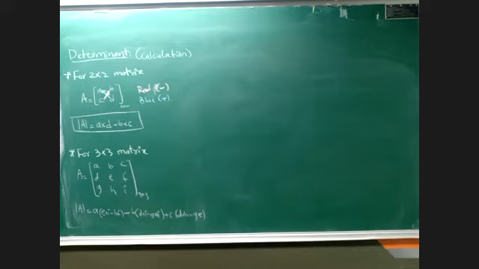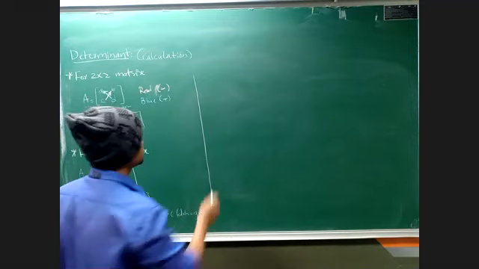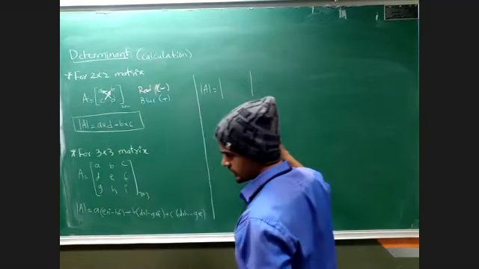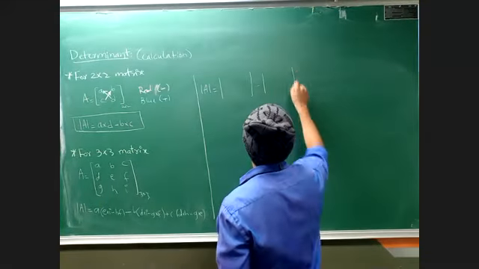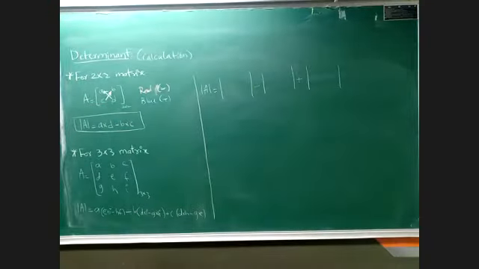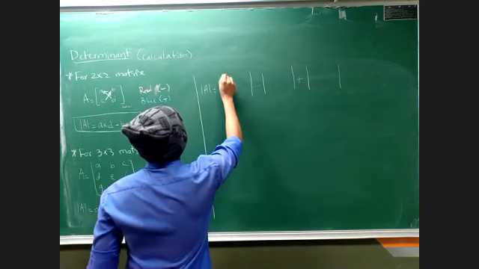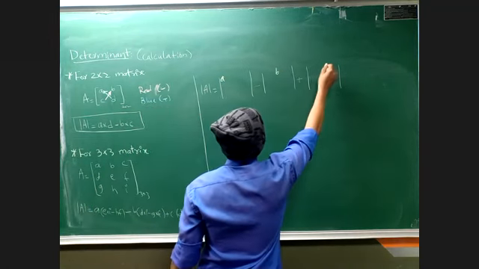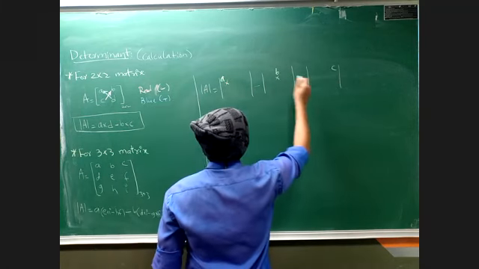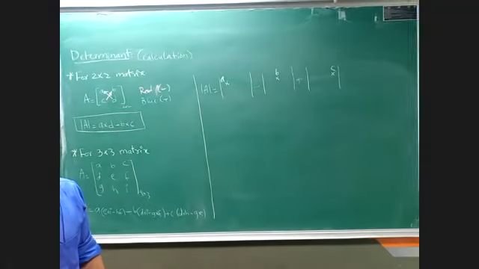So let's see closely here. Suppose I have a 3 by 3 matrix. So determinant A can be plus, minus, plus. Okay. Suppose here in the first row, I have 3 elements A, B, C. So here I have B and C. So I just need to multiply these three terms with the signs of the corresponding elements.